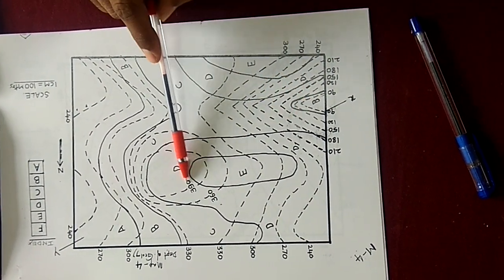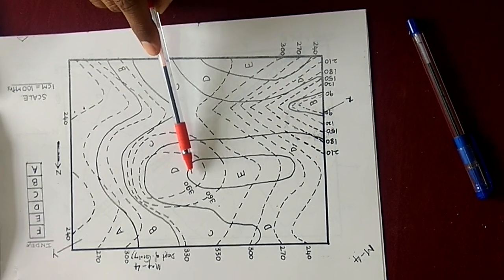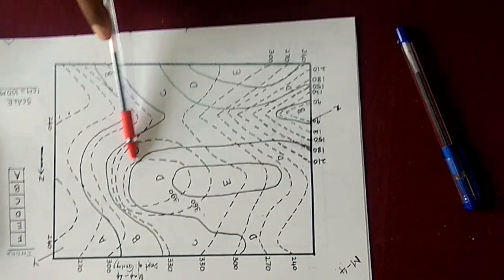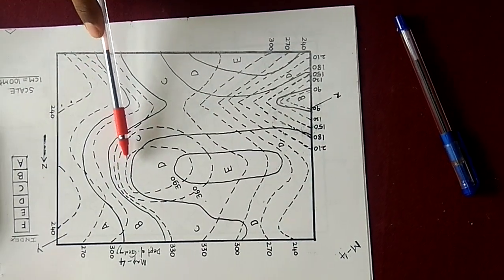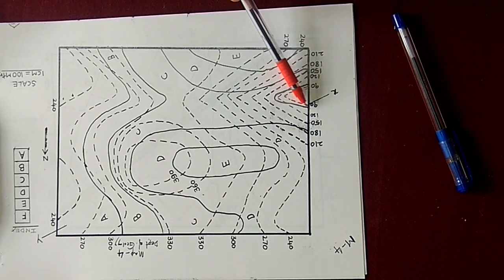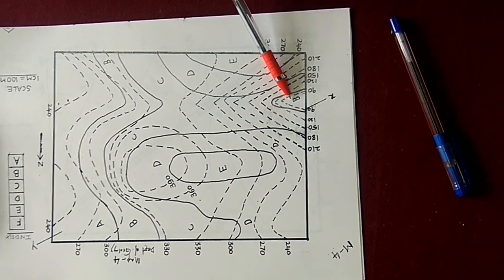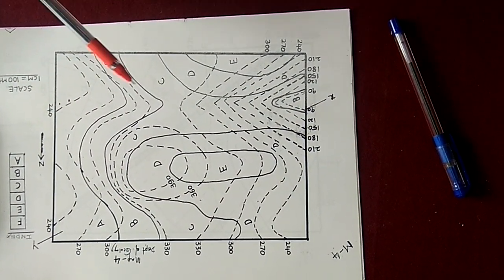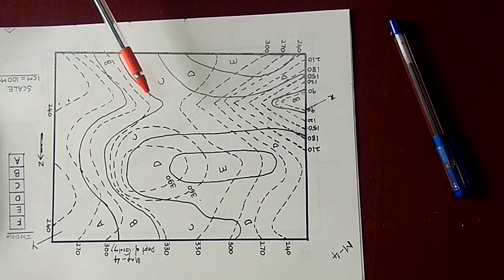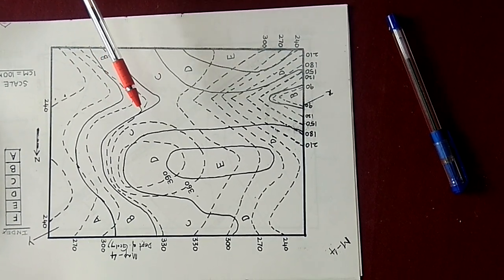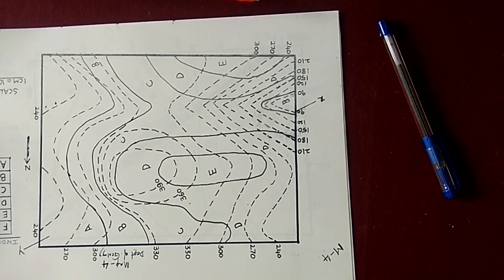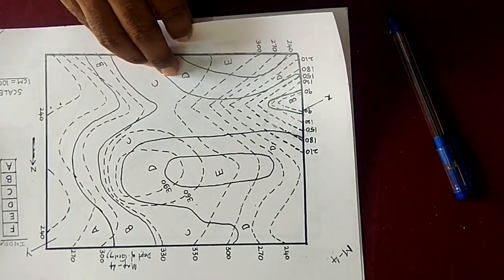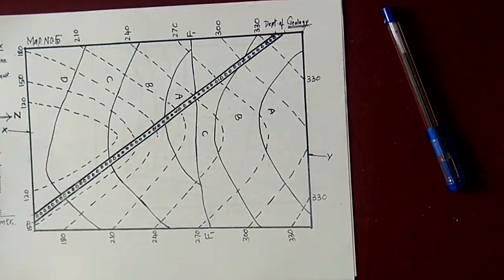Hence, I can say here E, this is the bedding plane which is the youngest, because here we are coming across the 390 meters height from the mean sea level, this contour line, and which is here 90 meter, which is deposited at the bottom. So this map is also having inclined bedding planes. Hence here also I have to calculate dip amount as well as direction, friends. Okay, how we have to draw, you will see one by one, but first let me show you the introduction of all the maps.